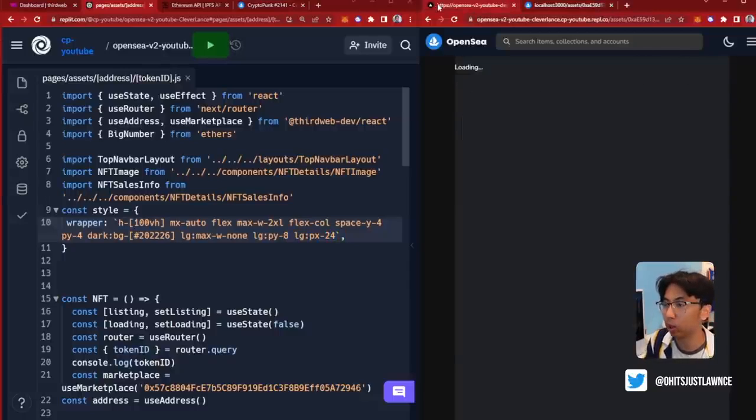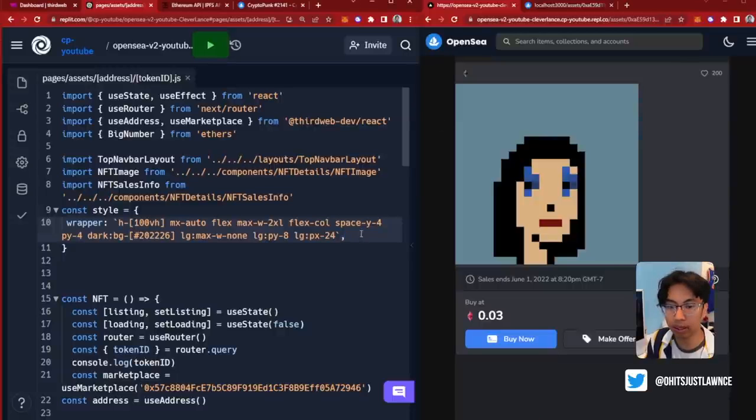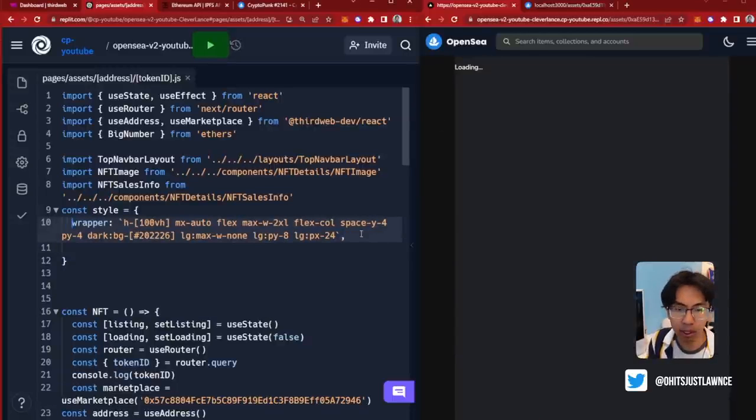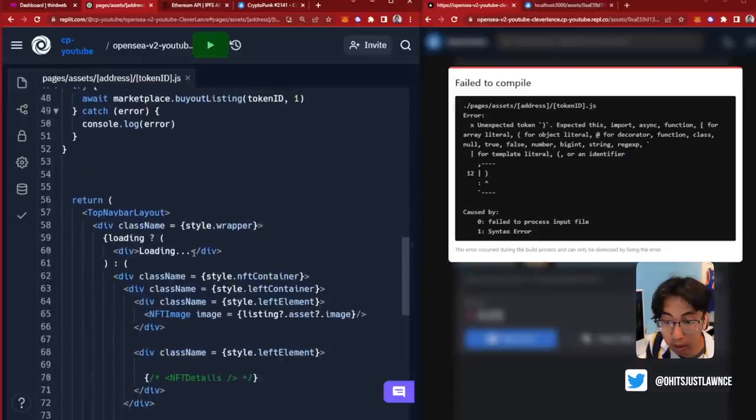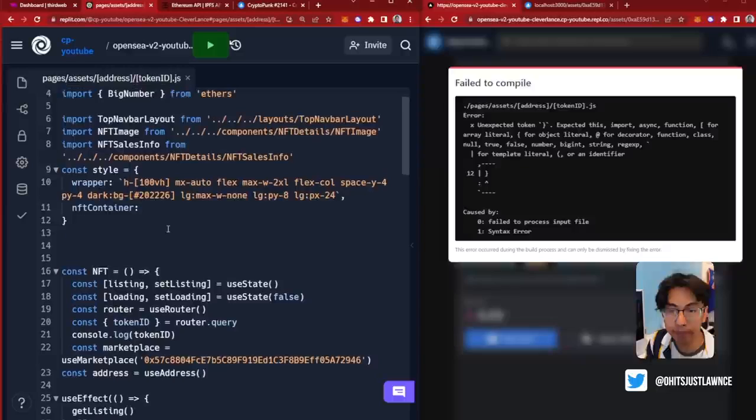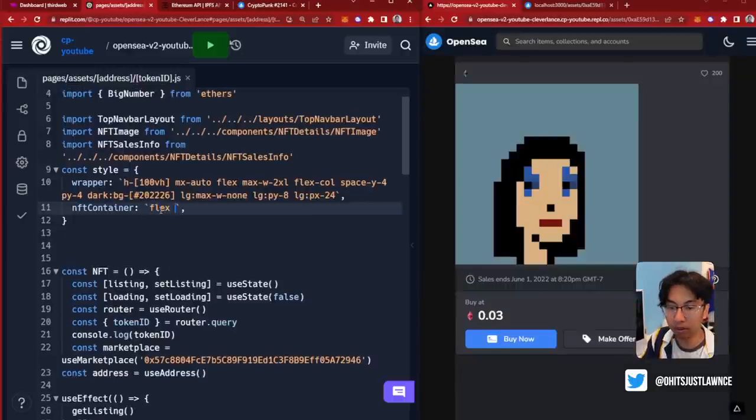Cool. And this is the finished one. Let's go over here. Nice and centered. That's the wrapper. Let me just line it up. Now for the NFT container, which I believe is what it's called, NFT container. Yep, we have that. What I want to do is give it a display flex direction column, and then we